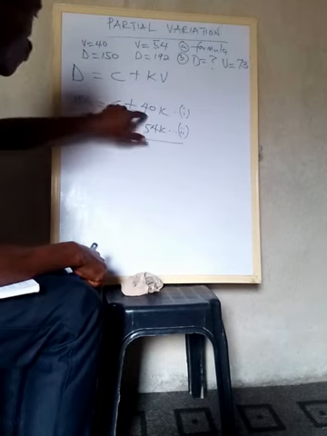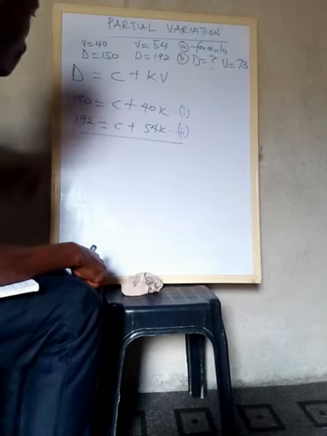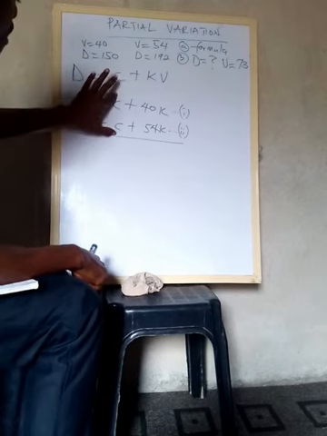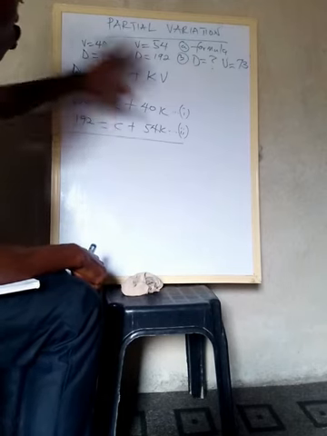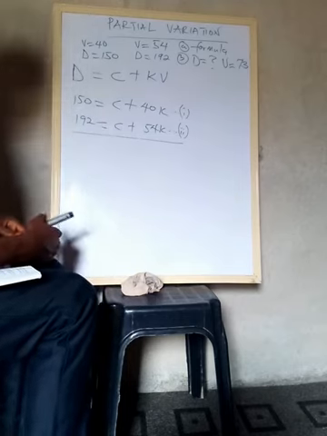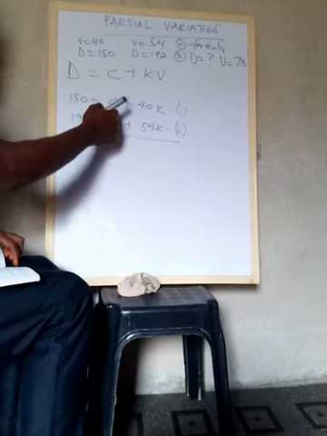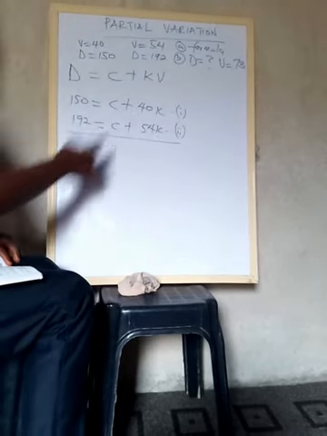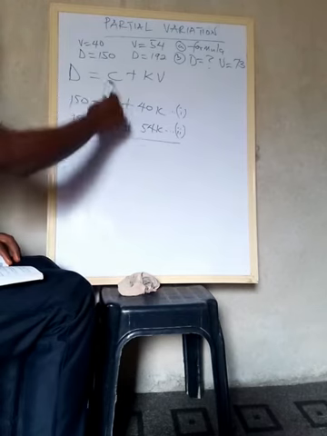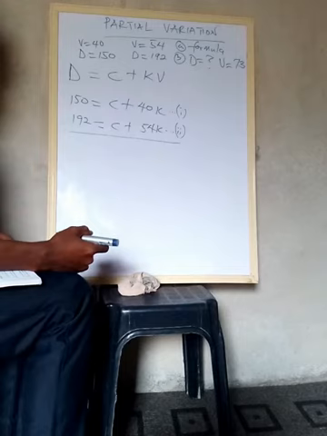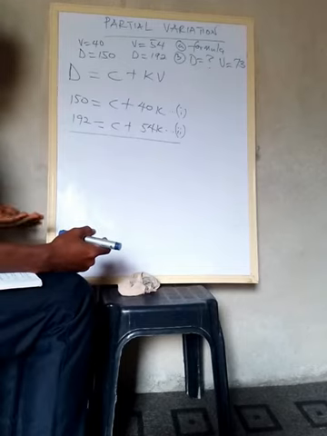That thing will do it to this and will do it to this. So whatever we do to eliminate C is what we do to the whole of the equation. If I add C and C, I will get 2C, so the addition will not work. But if I subtract C and C, C minus C is 0. So I'm going to subtract this and subtract this. By doing that, I eliminate C. The only unknown here will be K. Since K is the only unknown, it will be easy for us to find it.